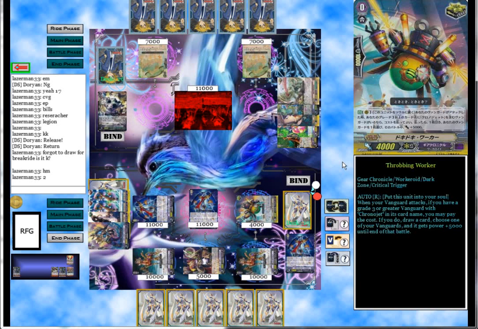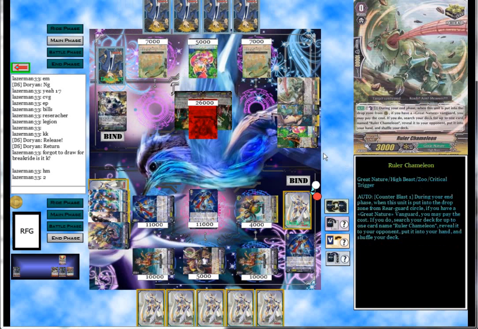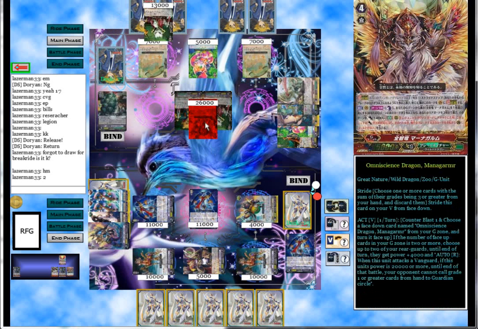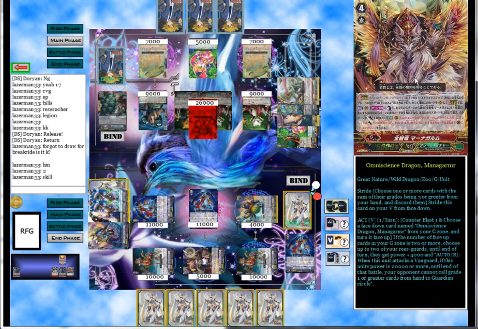I'm pretty sure he didn't attack with the rear guard first because he didn't want the Vanguard to get trigger power. But if he was gonna think like that in the first place, why call the crit to begin with? You lose a 10K shield doing that. So, chances are Doryan just lost. Because that's a Magnemar. It's a very pretty stride, I might add, but...